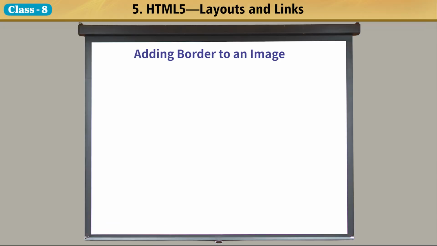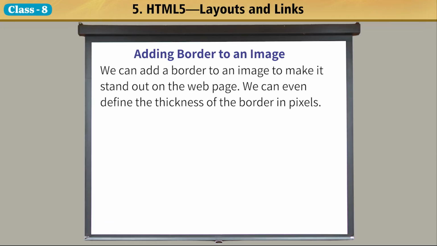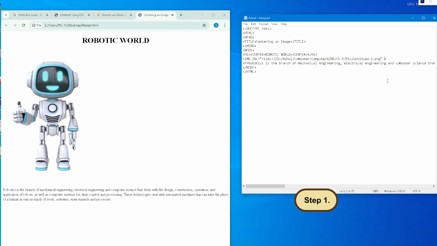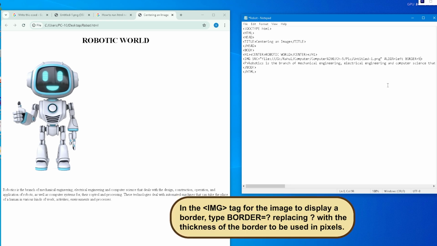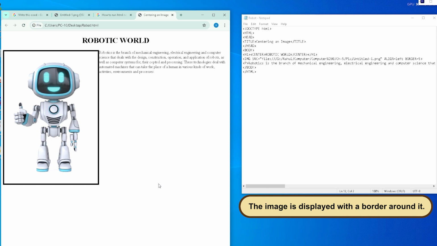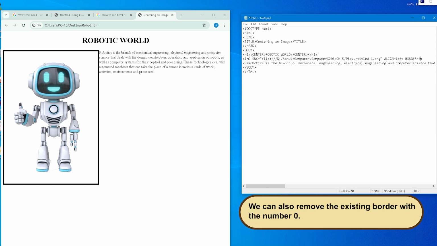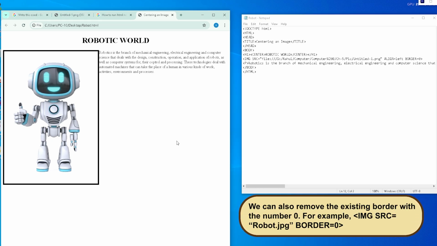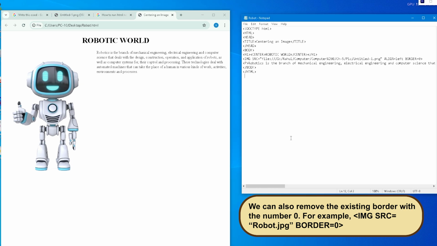Adding border to an image. We can add a border to an image to make it stand out on the web page. We can even define the thickness of the border in pixels. Let's learn to add a border to an image. Step 1. In the image tag for the image to display a border, type with the thickness of the border to be used in pixels. The image is displayed with a border around it. We can also remove the existing border with the number 0. For example,